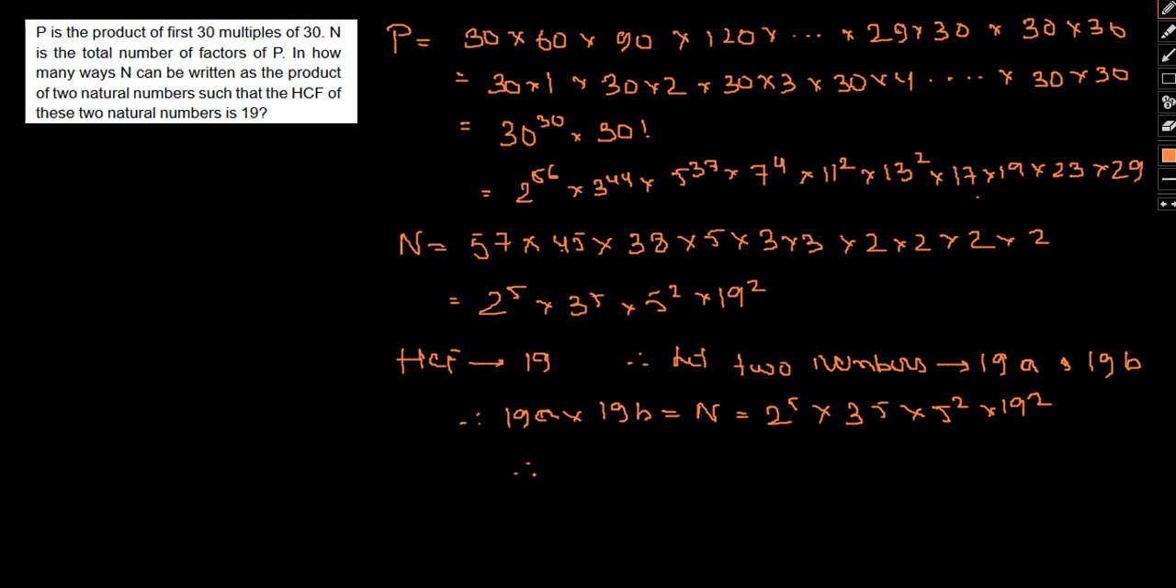So therefore, let me just cancel this 19 square out. So A into B can be written as 2 to the power 5 into 3 to the power 5 into 5 square. Okay, so this is what we actually have for us. Now if we talk about the possible pairs